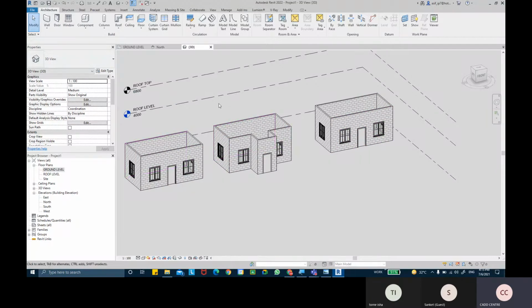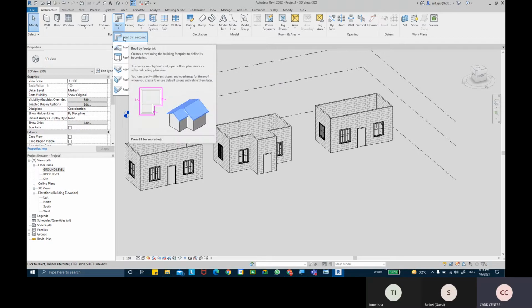So if you want to create a roof in Revit, then we come into the Architectural tab, and in the Build panel you will find the Roof command. In roofing you have three methods of roof.